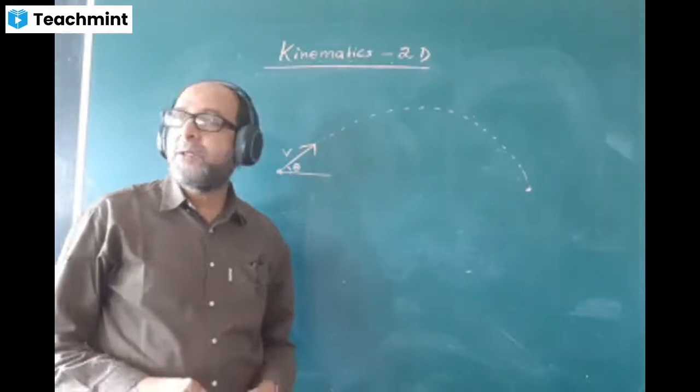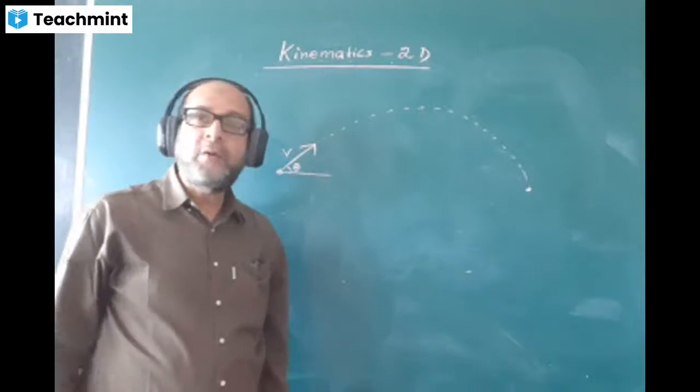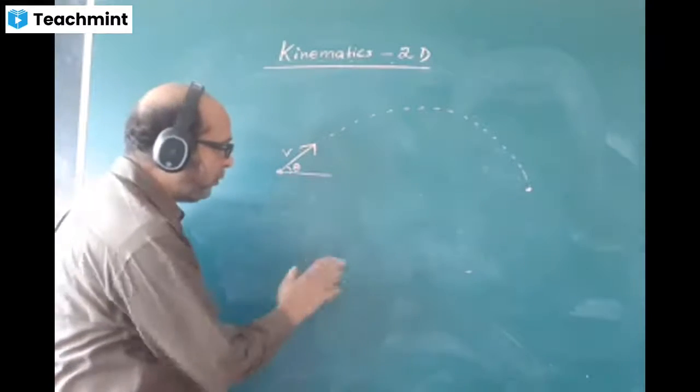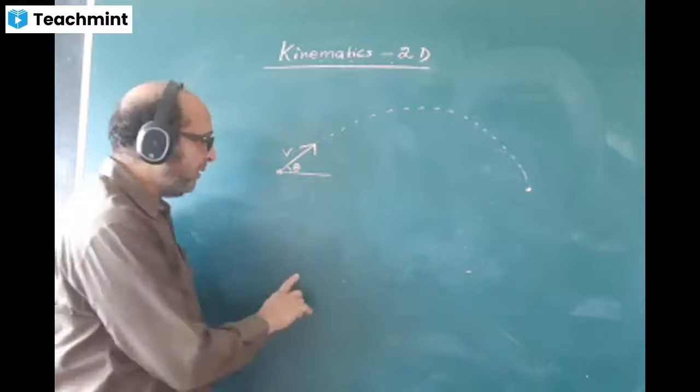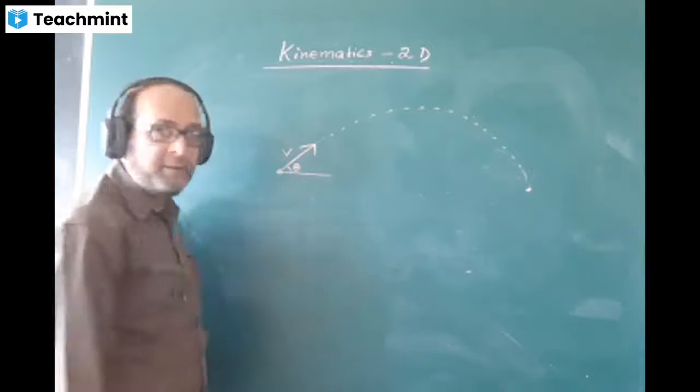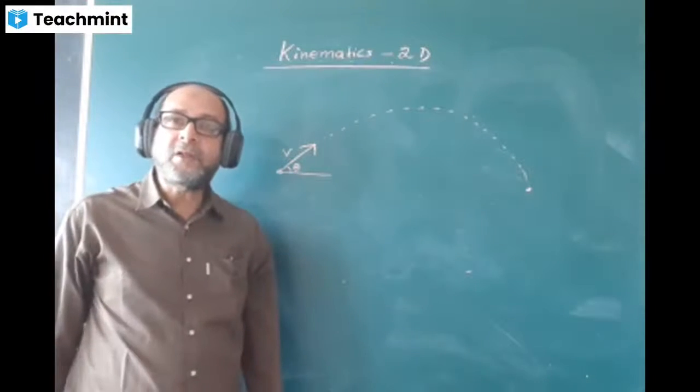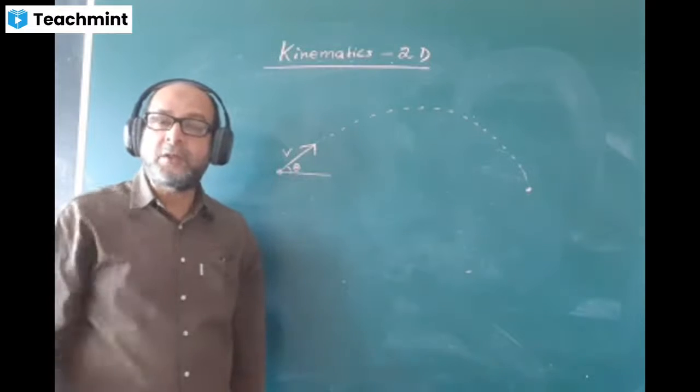You know, sometimes at home we use a parabolic arch for doors and entrances. They put an arch like this. This is parabolic. It is not semicircular, but rather parabolic in nature.